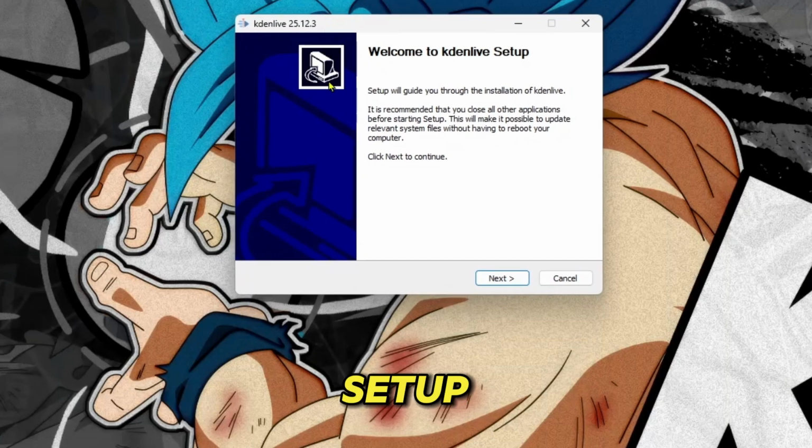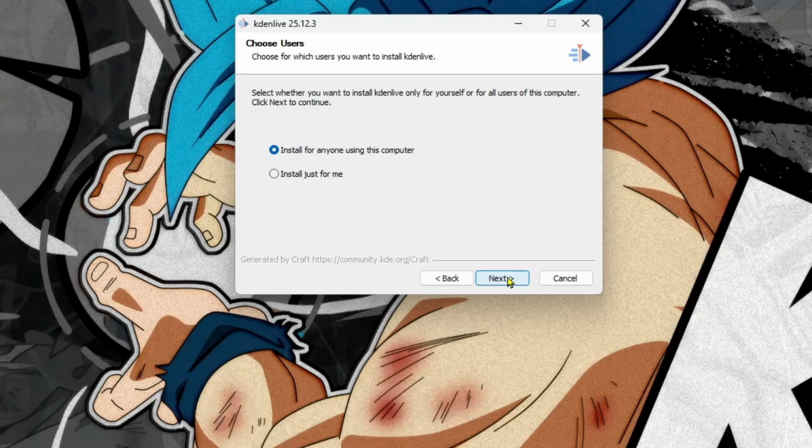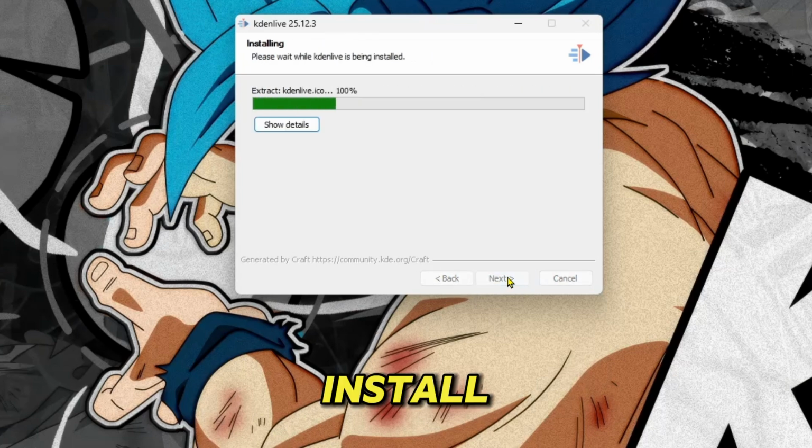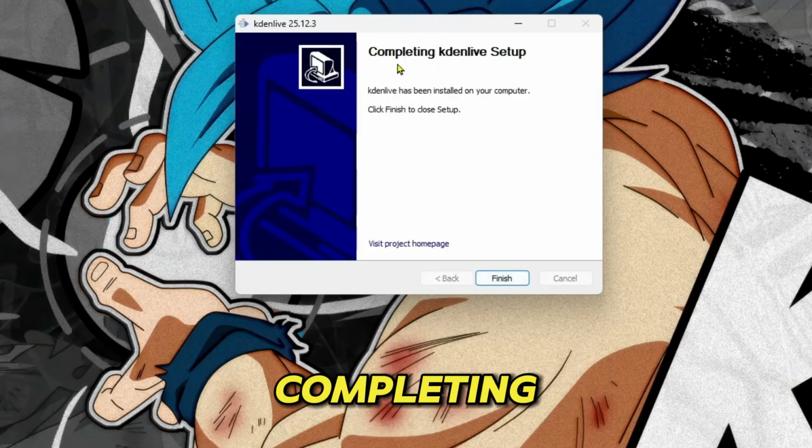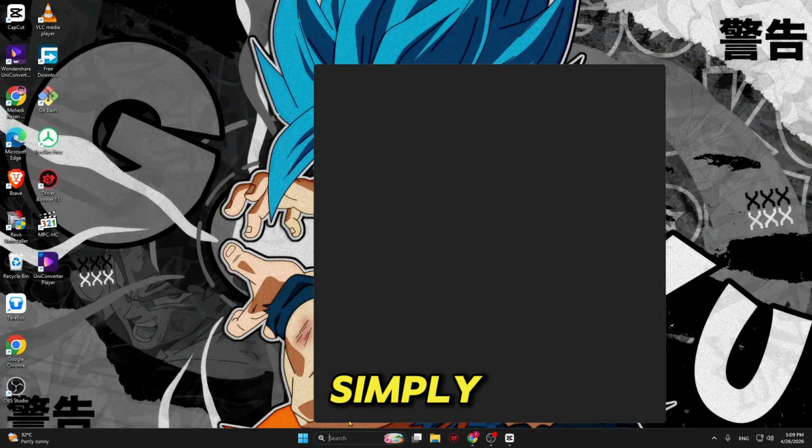And here is your setup wizard. So click on next, next, install. And now as you can see, it's completing the Kdenlive setup. Now if you click on the finish option, you can simply search here